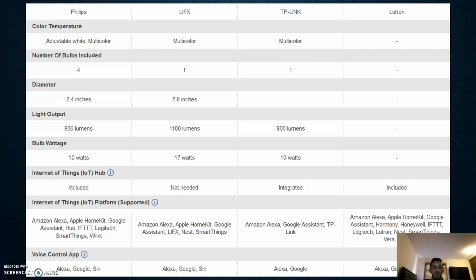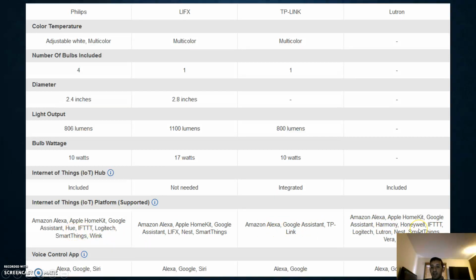As you can see towards the bottom of the chart here, you have Philips Hue, LifeX, TP-Link, and Lutron. A lot of these have cloud compatibility, meaning that they will work with voice assistants like Alexa. HomeKit is Siri. Another one that's great is IFTTT. If you guys haven't looked into that, I highly encourage everybody to check that out. It's a super powerful cloud-to-cloud automation system, which you don't even need any product. You can set it up with your social media, your email accounts, weather channel. You can do all kinds of cool stuff with that. So a lot of these lights are compatible with them.